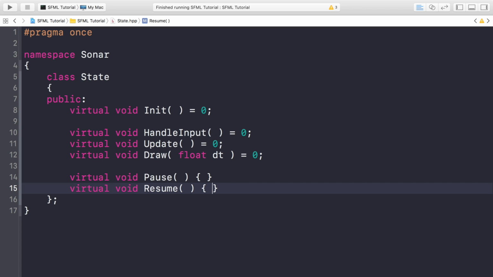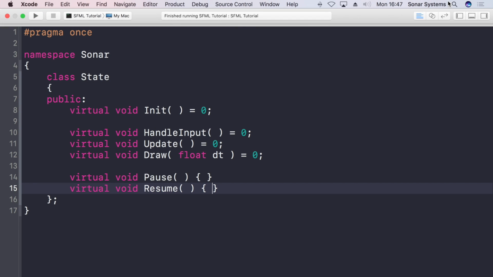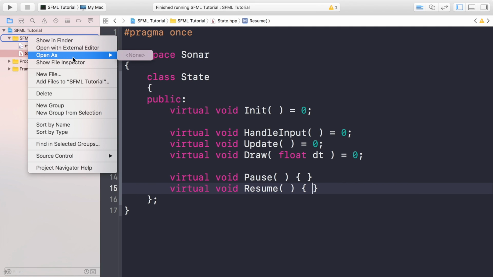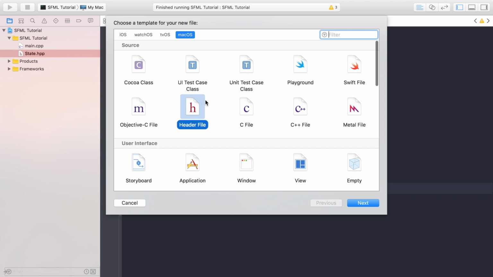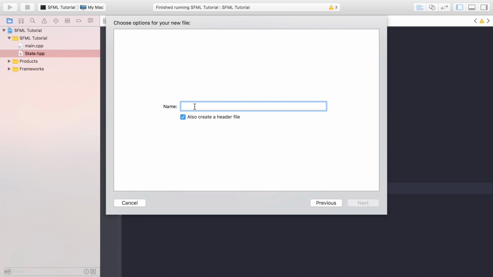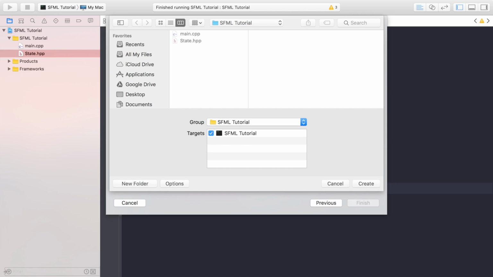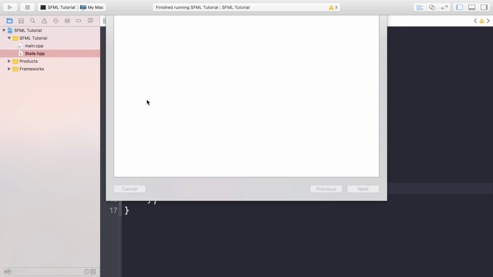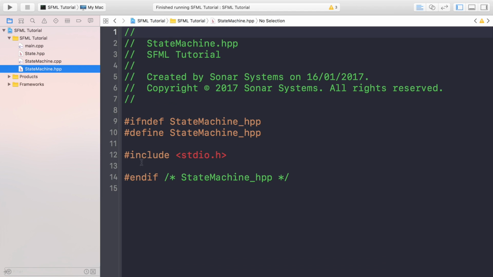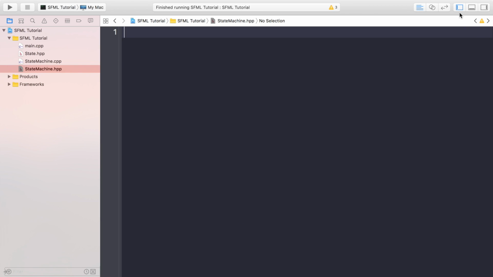We now need to have a state machine class which will use our state class. So I'm going to go back to here, add another file. I'm going to add a C++ file, and this is going to be statemachine.cpp. You want to create a header as well. If your IDE or your text editor doesn't have that option, just create one separately, add it to your project, to your target, and in the HPP what I'm going to do is get rid of all of the contents,